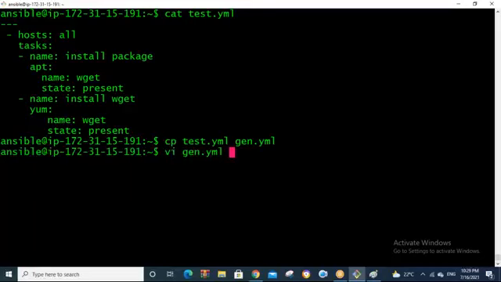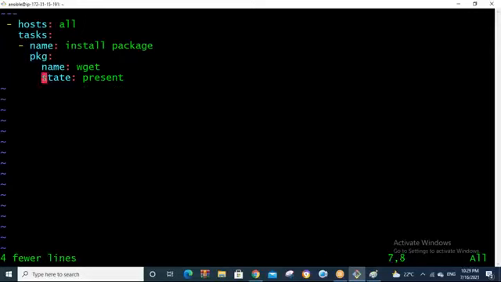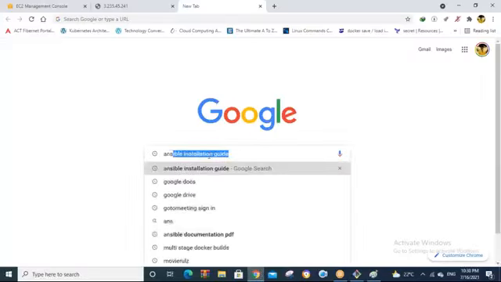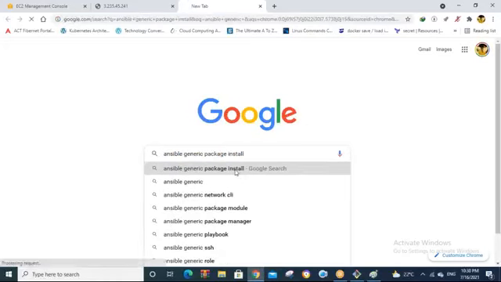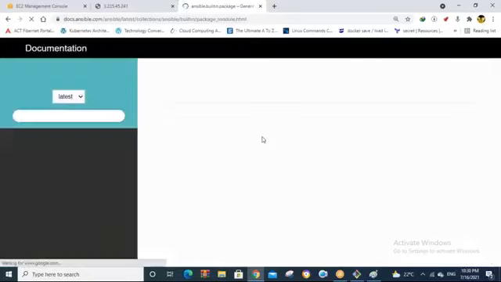I'm just trying to use this. See here. So instead of apt, I will use package. I'll use package. Okay, so here you cannot use a shortcut. So we are going to use,